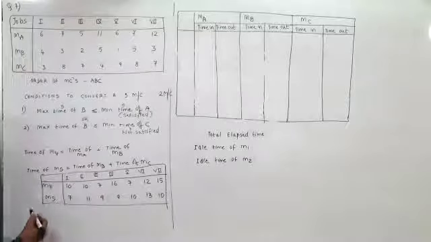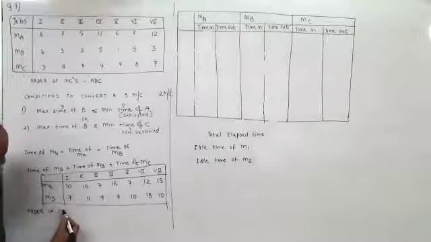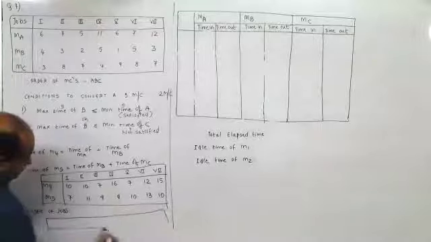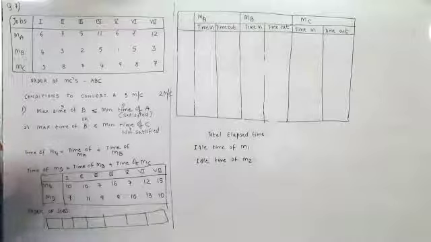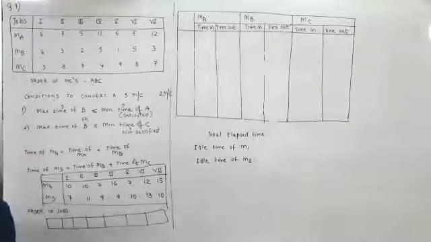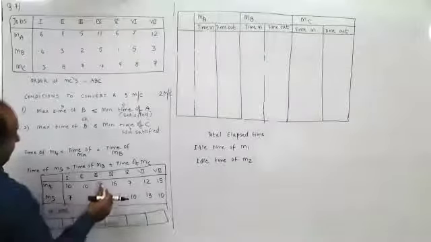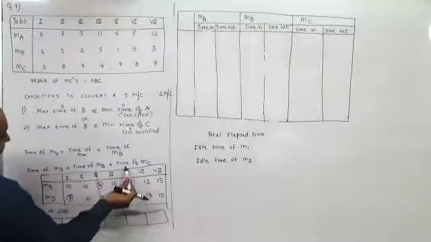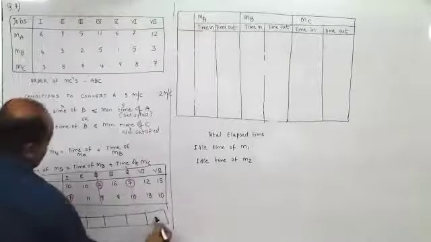Now we have to find the order of the jobs. Three, 4, 5, 6, and 7. What is the minimum time? Here 7. It is in the third one as well as the 5th one and also the first one. So I'll take 3 here, 5 here, and then I'll take the first one from bottom.